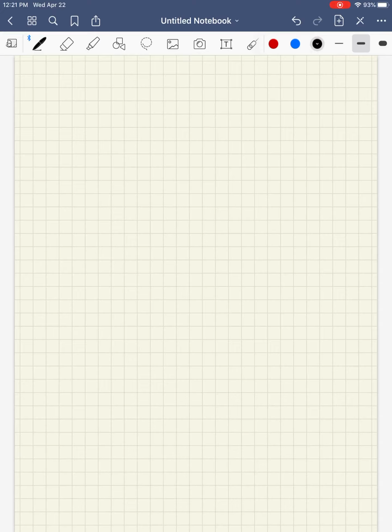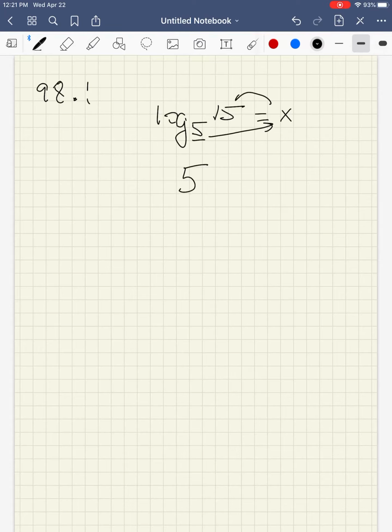So on page 560, we start out with this problem. It says find log base 5 of 15. All right, so the first thing we're going to do is let that be equal to x. And now we can write the exponential form of this logarithmic equation, because remember 5 is the base. It's this to this equals this. So 5 to the x, the exponent, because the logarithm equals x, and logarithms are exponents,